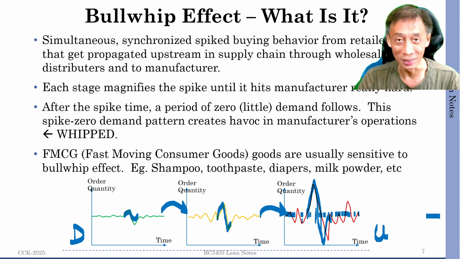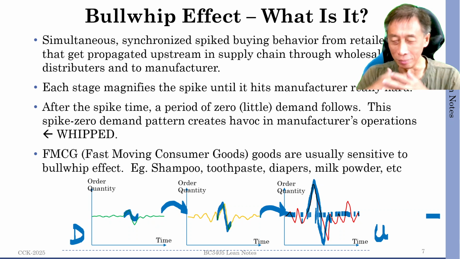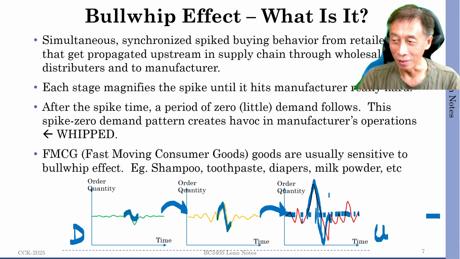Can you understand the logic here? Because who uses diapers? Babies. It will have to be babies, right? I mean, you can expect humans to use the baby-sized diapers. So this was actually the famous case study by Hau Lee, this researcher at Stanford, who wrote a case about P&G, Procter and Gamble, their puzzle, their confusion with observing this kind of time series demand.